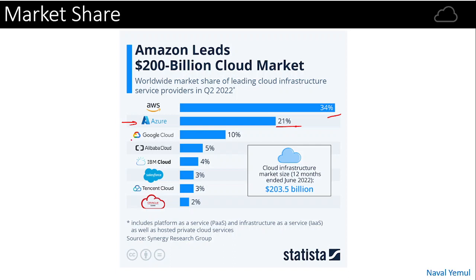Then next is Google Cloud, followed by other clouds like Alibaba Cloud, IBM Cloud, Salesforce, Tencent Cloud, and Oracle. What surprised me is that in the last 12 months they ended with a market size of $203.5 billion. So this is the power of cloud.